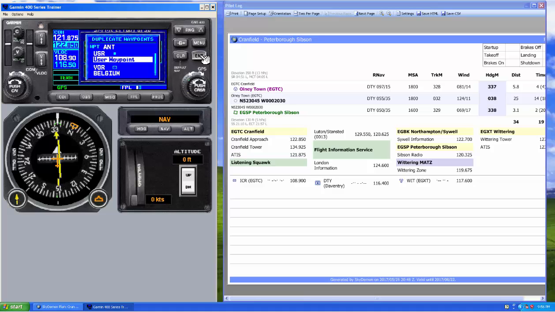Accept, yes. And the last one is Peterborough Simpson, which is EGSP. Move the cursor to the third position, go to S, and then P. Simpson, Peterborough, happy with that, and